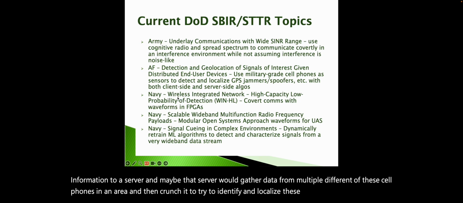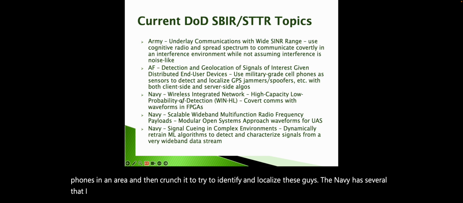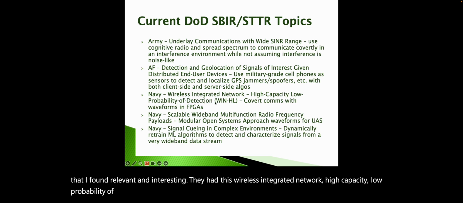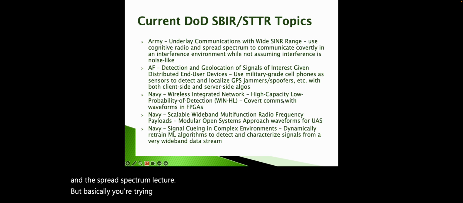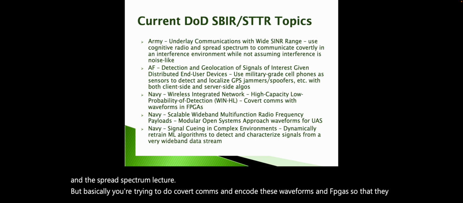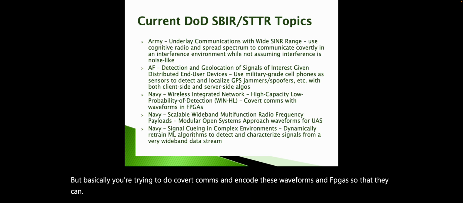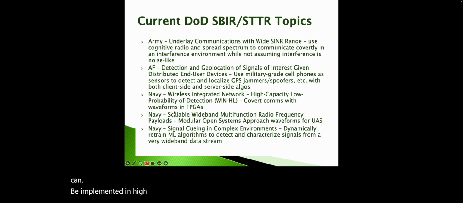The Navy has several that I found relevant and interesting. They have this wireless integrated network, high capacity, low probability of detection, right? We talked a little bit about low probability of detection and anti-jam in the spread spectrum lecture. But basically, you're trying to do covert comms and encode these waveforms in FPGAs so that they can be implemented in high bandwidth, high capacity type situations, and maybe